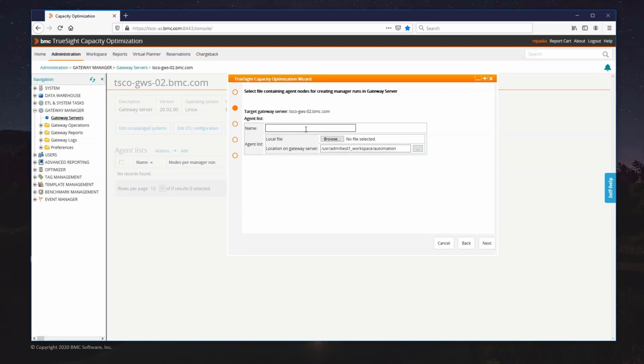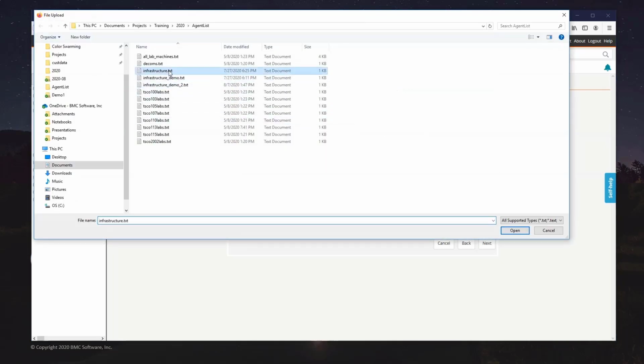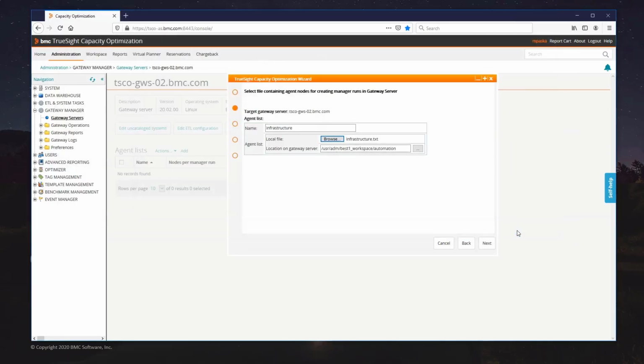The name parameter here will be the name of this manager run. It should not contain any spaces. The computer list must reside on the machine where the web browser accessing the UI is running. It must have a .txt extension and will be selected in the first screen of the wizard as the local